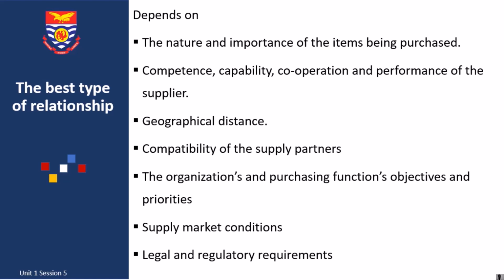What does the purchasing function prioritize? What does the organization prioritize, and what does the supplier prioritize? Do they prioritize cost over quality? Do they prioritize value for the customer, or do they prioritize efficiencies within their operations? It also depends on the prevailing supply market conditions, whether there are a lot of suppliers or a few suppliers, whether the supply market is characterized by monopoly or by perfect competition. These are some of the things that influence the type of relationship to adopt in a typical commercial